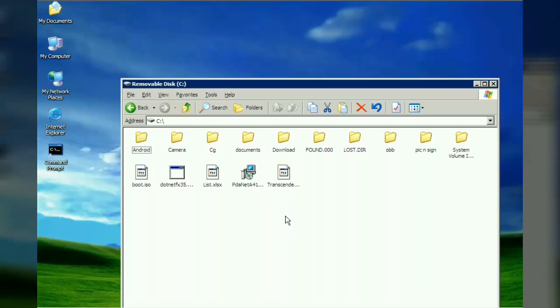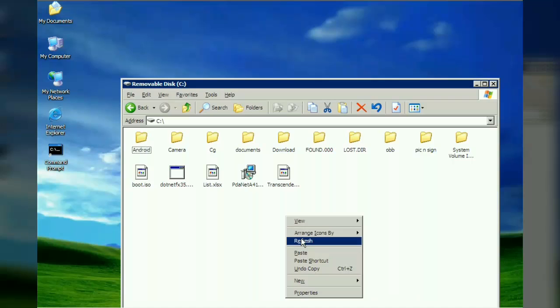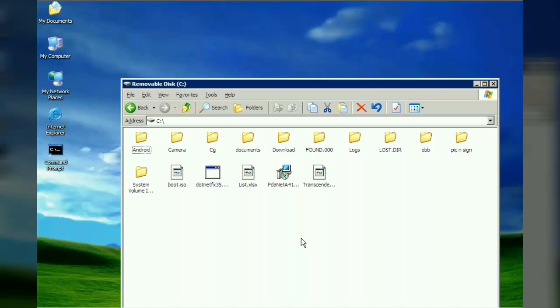If your data is not seen here, don't worry, just refresh the page, and you see now that the folder has been copied here. By doing this, you can simply save your data. If you have more data, don't worry, it will take some time. You can simply copy it to your USB drive.